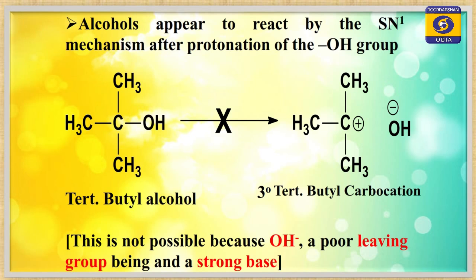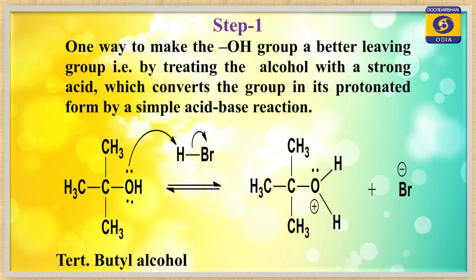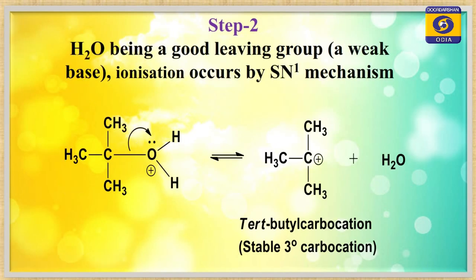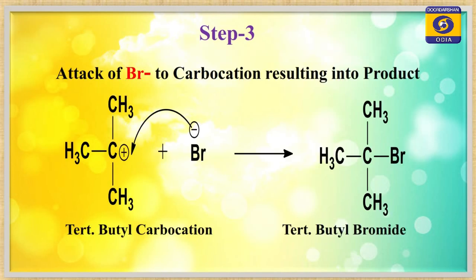Remember, students, what I have told you earlier, that the removal of OH group is not so easy. Then how to remove this OH group? This is by using this type of acids. What is that? The mechanism says that the OH lone pair takes the H plus ion from HBr, forming OH2 plus. Remember, OH2 plus is a very good leaving group. So, OH2 plus means water easily removes, forming a carbocation, and to that carbocation, the bromide ion attacks to give you tertiary butyl bromide.